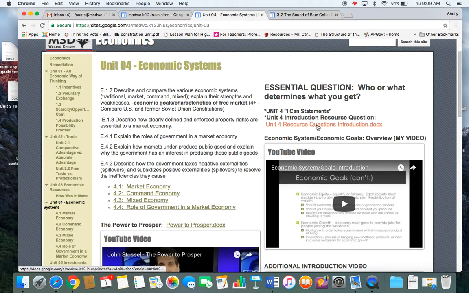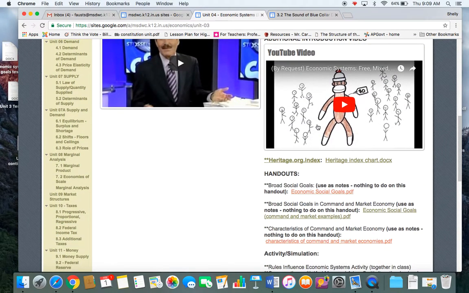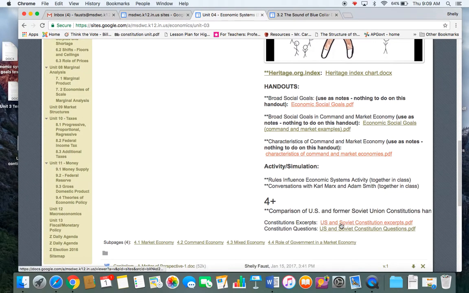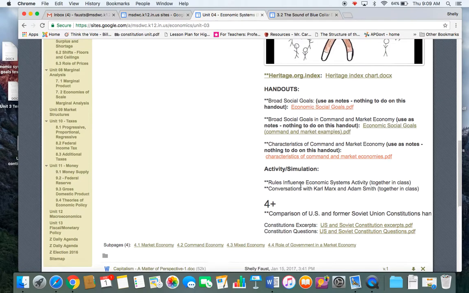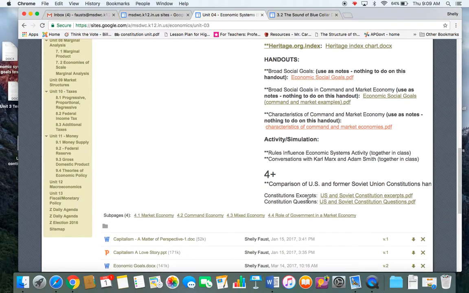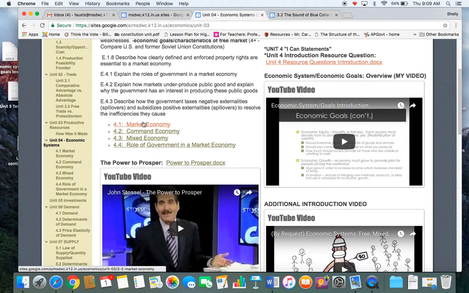Print off your I can statements, print off your resource questions, work through these. This will be highlighted on your checklist, has to be completed and done. Some resource things, activities that we're going to do in class together, and then those of you interested in the 4+, that will be there for you. There will be a quiz that you have to take before you can move on to 4.1. Actually, there will be a pre-quiz, and I'm going to start doing that also. Give you a little practice, see what you know, what you don't know before you're actually taking the quiz over this particular